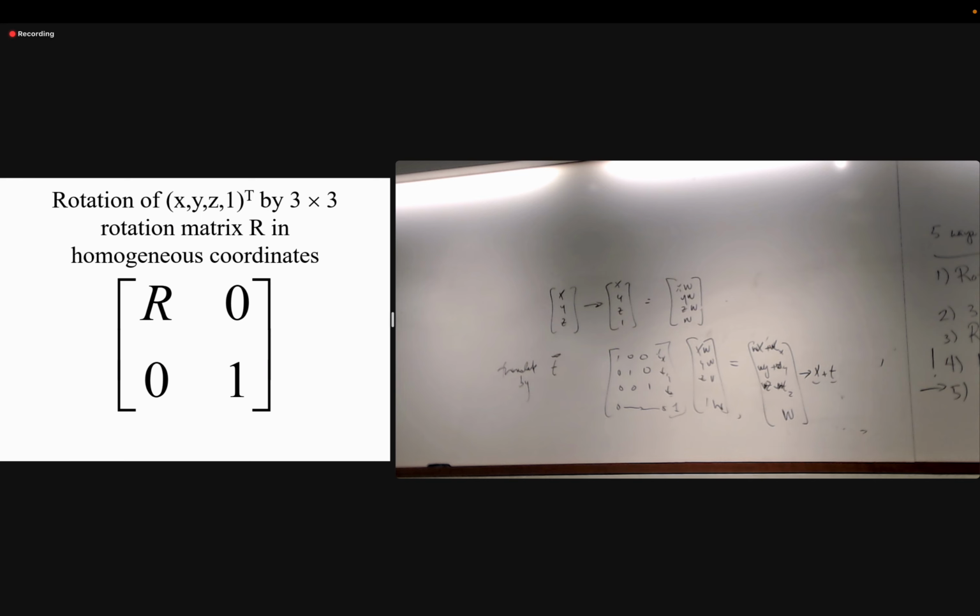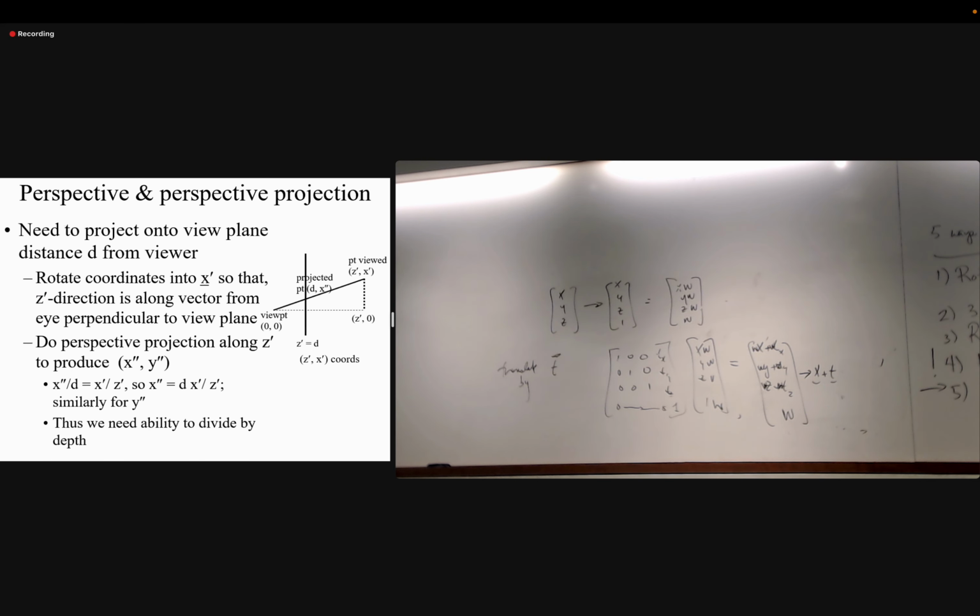Okay, so we can do rotation using homogeneous coordinates. So far I've showed you that we can do translation, rotation, and either uniform or non-uniform scaling, all in